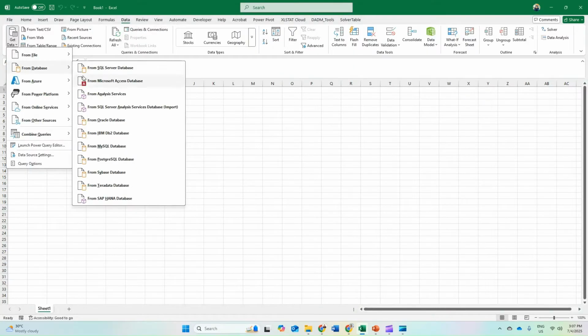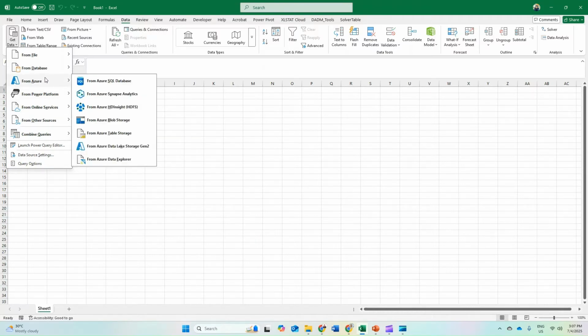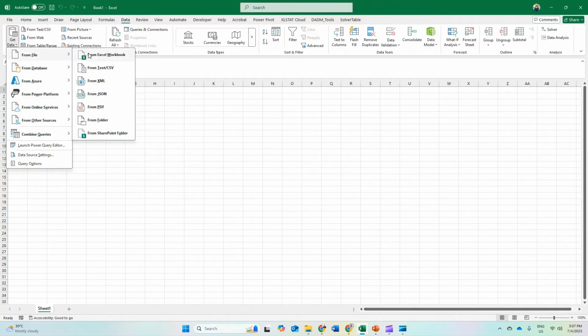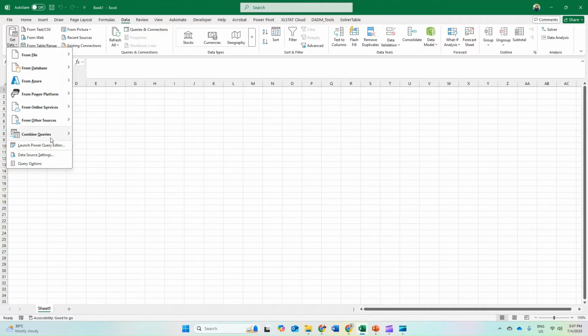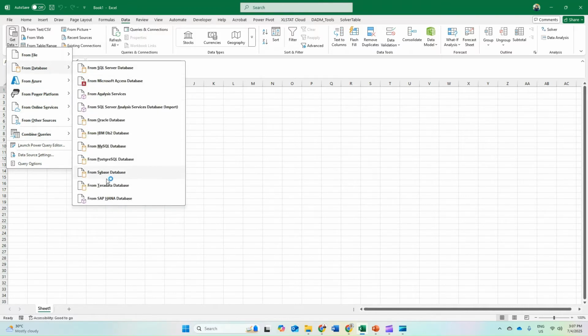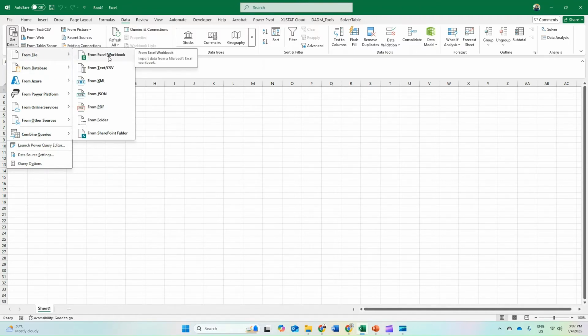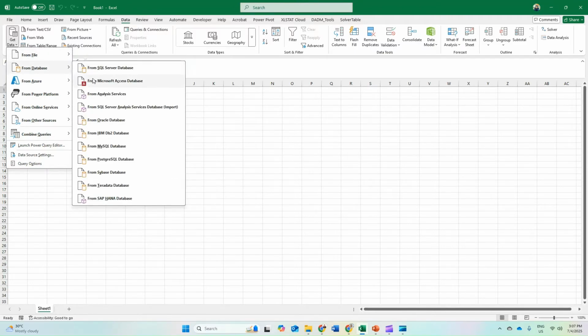Access from database, from the Microsoft Access database. It depends on what types of data that you store. You can add from different sources here: from PDF, from folder, from SharePoint, CSV or text, and from other sources. This one is from all the server databases. So if you have the database address, then you can get from this database address. Now first we want to access a file from this Microsoft Access.